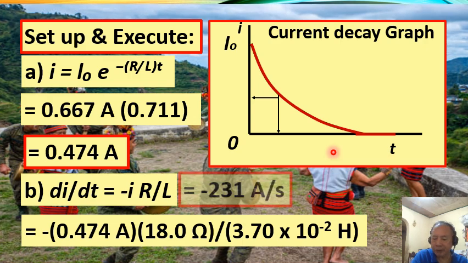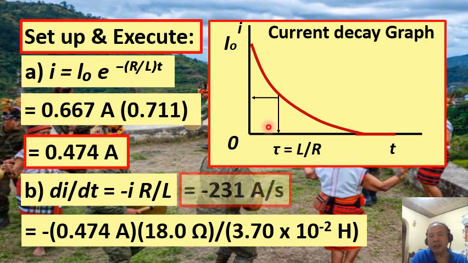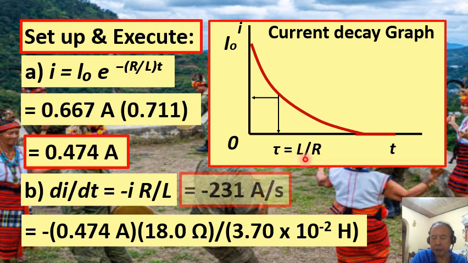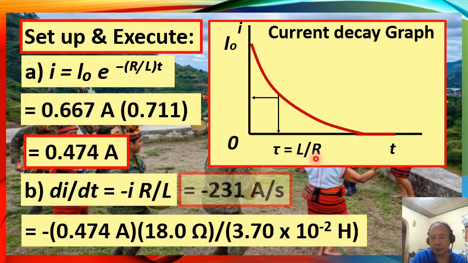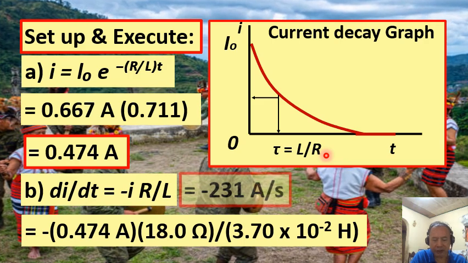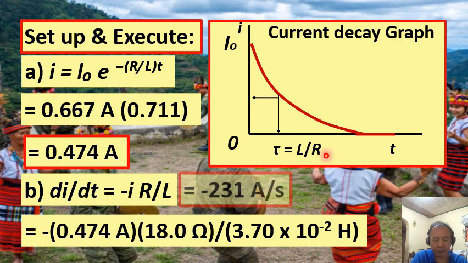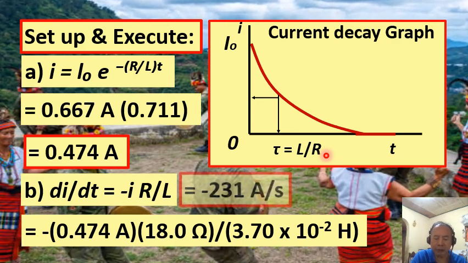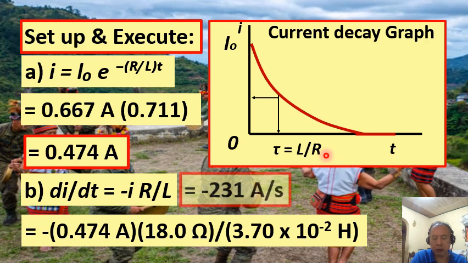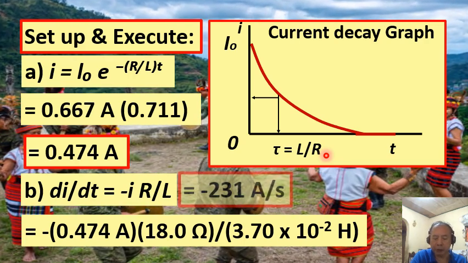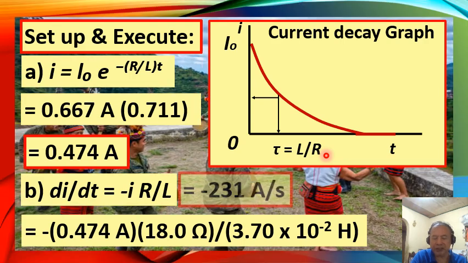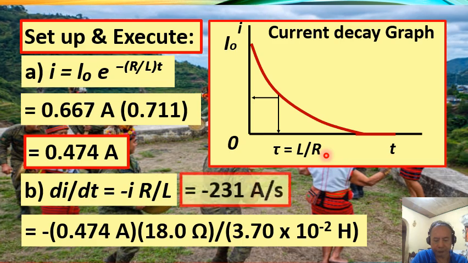There is a time known as the time constant, denoted by the Greek letter tau, equal to the inductance capital L divided by the resistance big R. This time, called the time constant, is the amount of time for the steady state current capital I naught in the inductor to decrease to an amount equal to 1 over Euler's number, or 1 over e, which is approximately 37% of the initial current, big I naught.